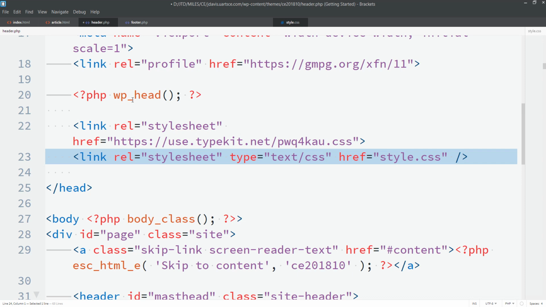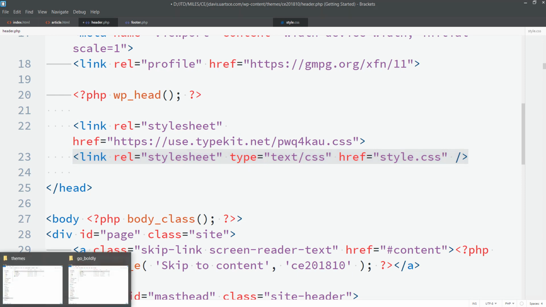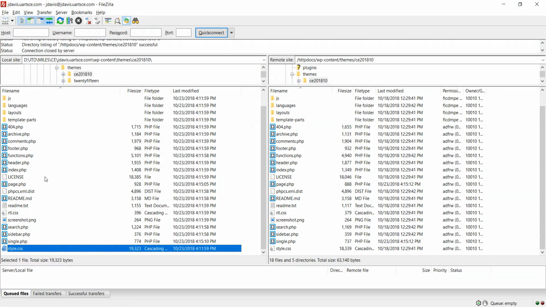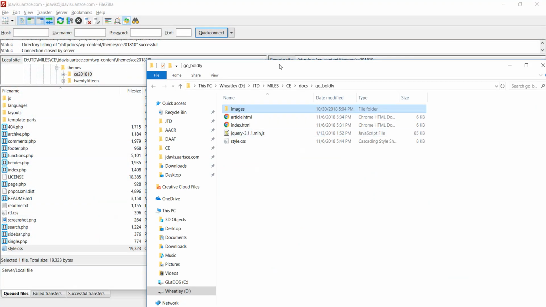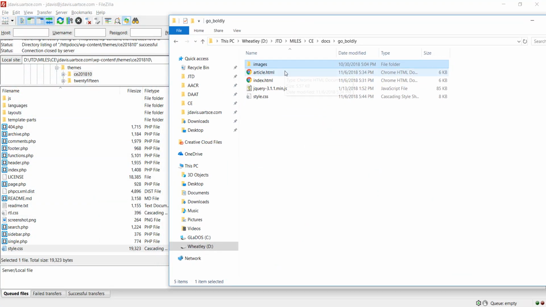So I'm going to put the link to our type kit right after the WP head. I'm also going to put in the link to our custom style sheet after the WP head. But let's make sure that this is actually going to a custom style sheet. So first, if I look at the files, again, they already called their style.css, and I called mine style.css. So one of us is going to have to change. So I'm going to call mine,